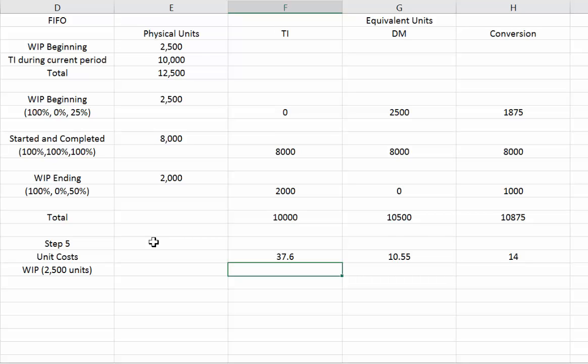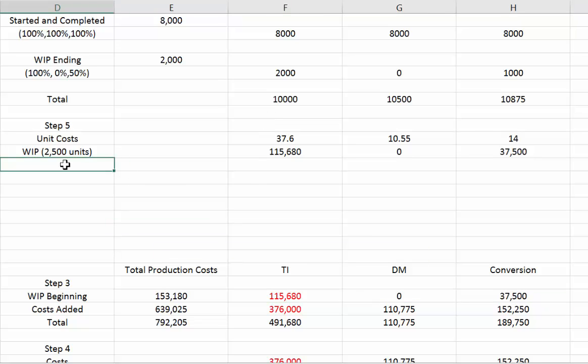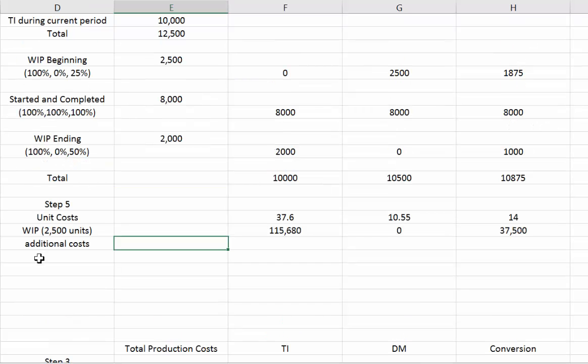the costs they carry in the beginning inventory, and these numbers are given. Okay, these numbers are given, so I'm not going to calculate them. I don't need to calculate them. You can just copy paste down there. Of course there are some additional costs we have to add to the WIP in order to complete the 2,500, and